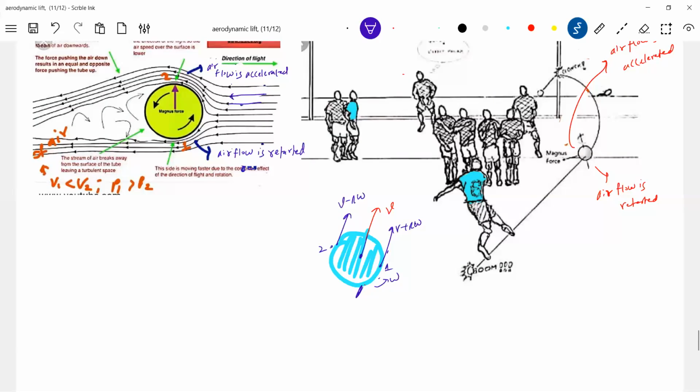So here, which force will be greater now? P1A here, P2A. Definitely P1A will be greater than P2A. So therefore, how will the Magnus force act? The Magnus force will act in this direction. Because of force and velocity, how will the trajectory of the ball be? The trajectory of the ball will be, in black color, like this. This will be the trajectory of the ball.